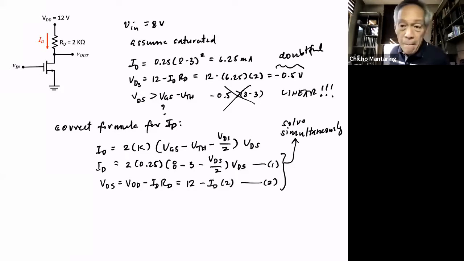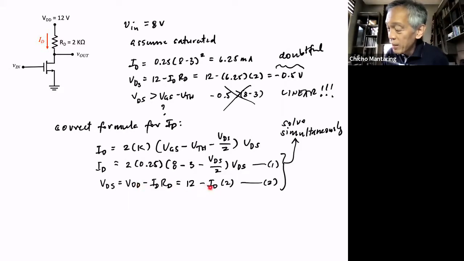Unfortunately, it's not easy to solve this simultaneously. You come up with something quadratic, no? Because here you have a VDS squared. When you multiply these two terms, you have a VDS squared. So actually, in this relationship, if I substitute